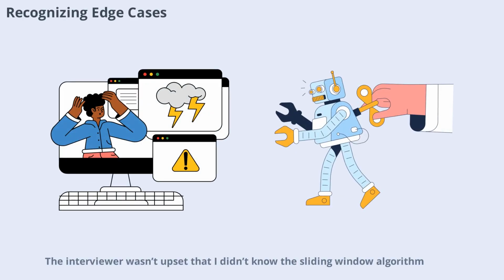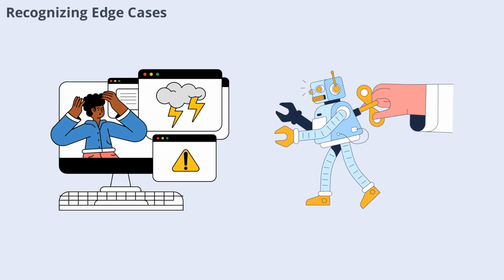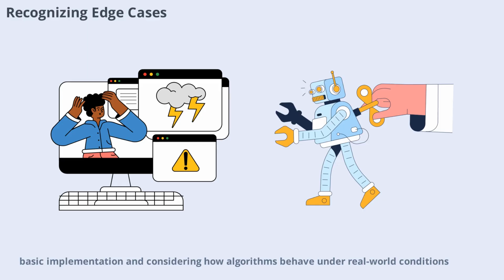The interviewer wasn't upset that I didn't know the sliding window algorithm, but was concerned that I didn't identify the boundary problem on my own. In real systems, edge cases like this are the difference between a rate limiter that works and one that fails when you need it most. This experience taught me the importance of thinking beyond the basic implementation and considering how algorithms behave under real-world conditions,